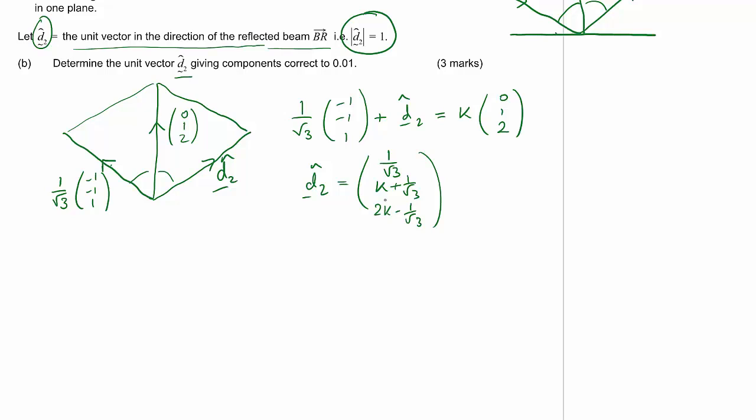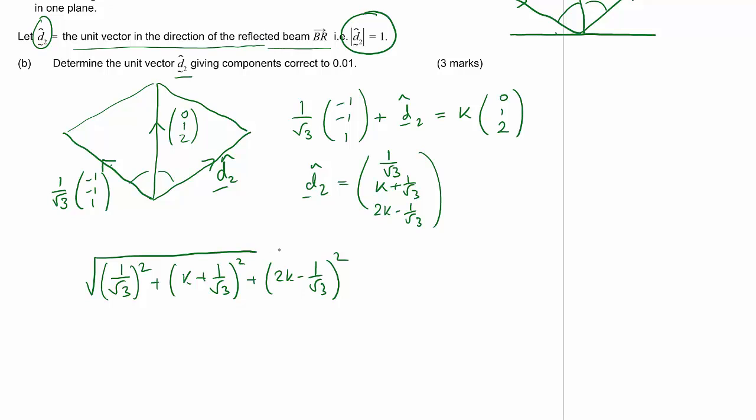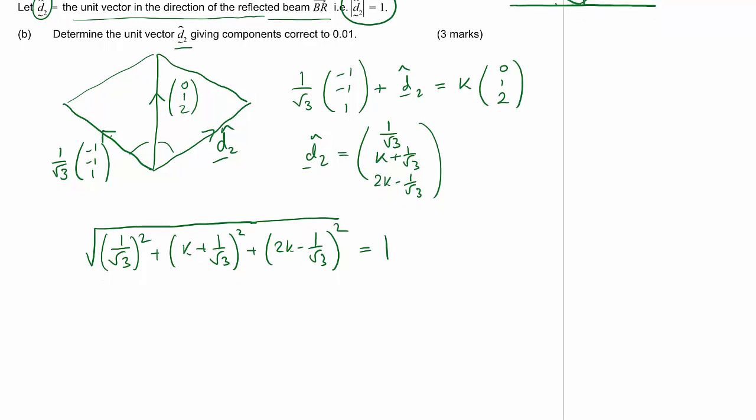Now that only leaves us with one variable here, the k. But we know that d2 hat is a unit vector. Therefore, the square root of (1 over root 3) squared plus (k plus 1 over root 3) squared plus (2k take away 1 over root 3) squared, we know that's equal to 1, and we can use the calculator to